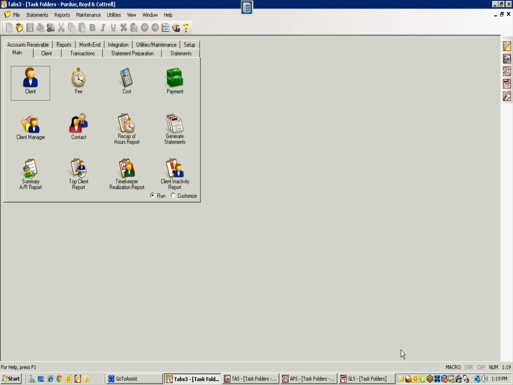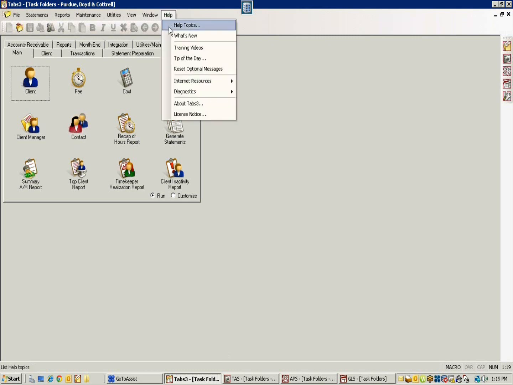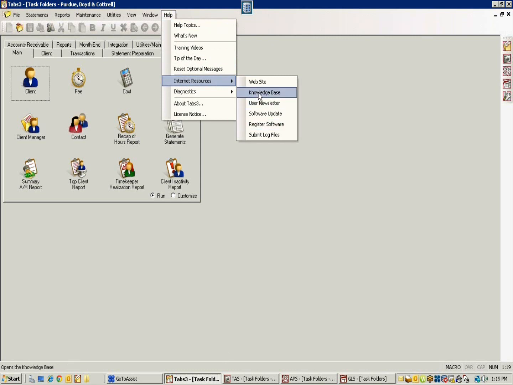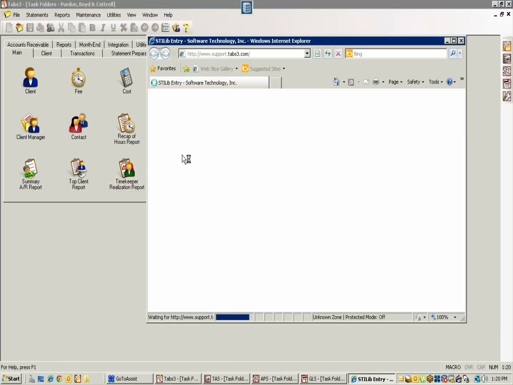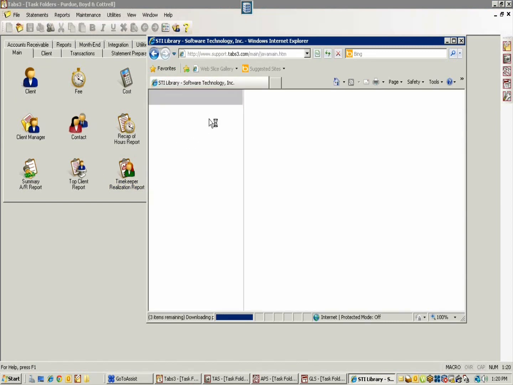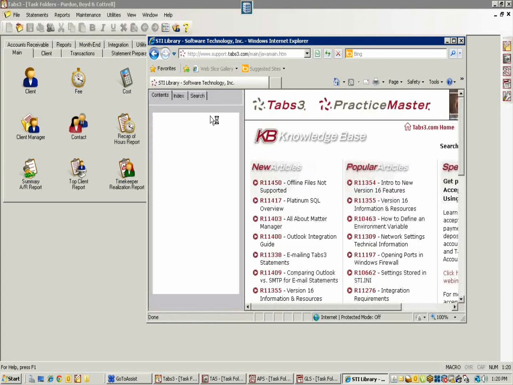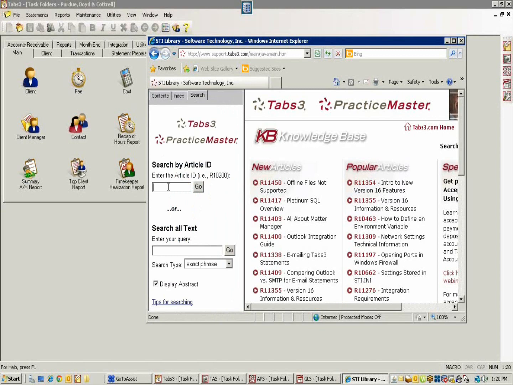Let me show you how to get there. If you go to Help, and you go to Internet Resources, and then you go to the knowledge base, if you click on that, it opens a web window, and then you can go in there and type in the search that article number, again, R10429. I just go over here to the search tab, and you type that article number right in there,